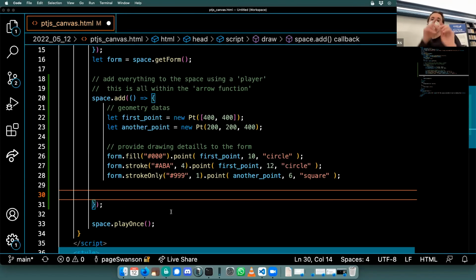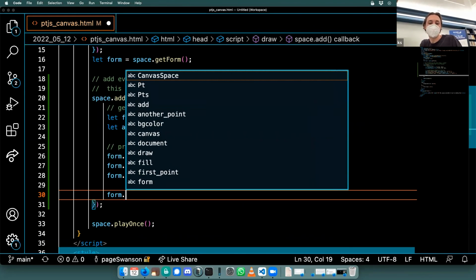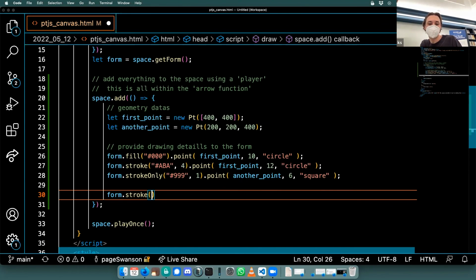So let's just visualize this right now. To get a vector visualization, I'm going to draw a line between 2 points. I'll stroke the line, and I will use